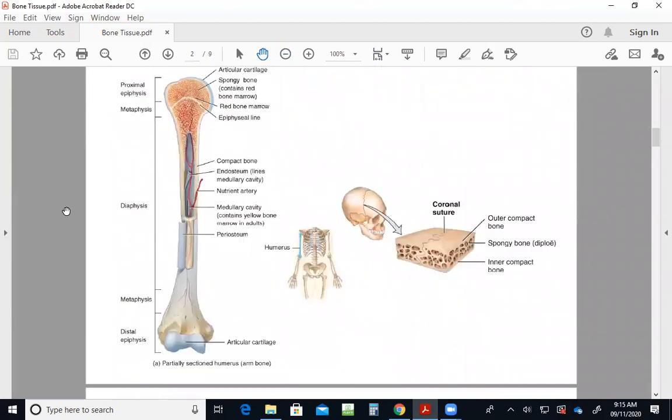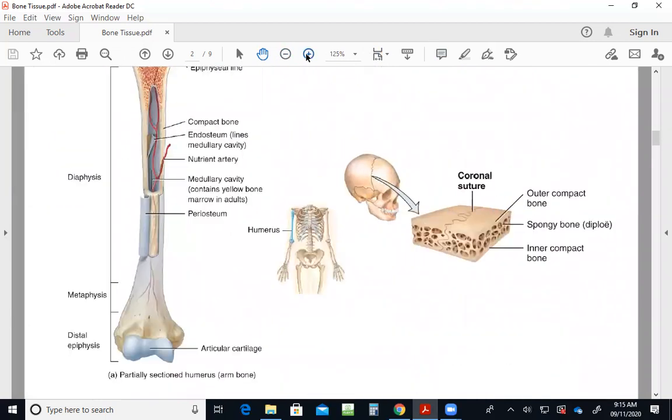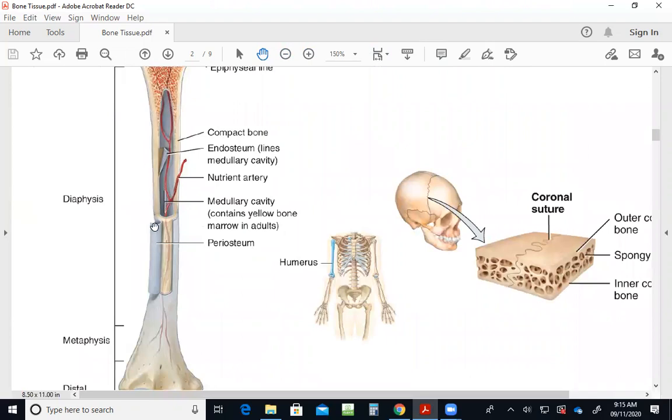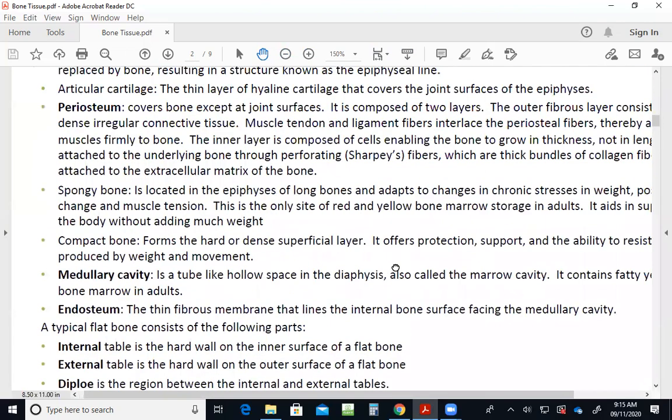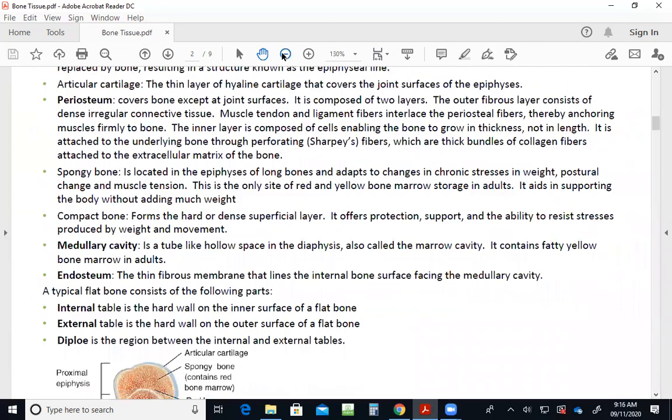All right, on the outside of our bones is a thin membrane called the periosteum. Okay, we've pulled it away there in the picture to show it off. It is made up of two layers, an outer fibrous layer made up of dense irregular connective tissue, and this is how our tendons and ligaments connect to the bone. They interlace the periosteal fibers, thereby anchoring either the ligament to the bone or the tendon, and therefore the muscle